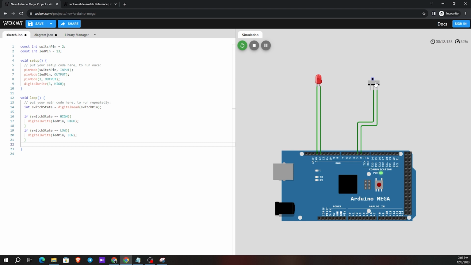Congratulations! You've just completed a basic Arduino project, and I hope you're feeling more confident about working with inputs and